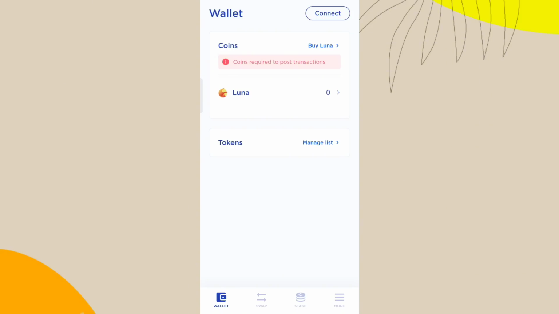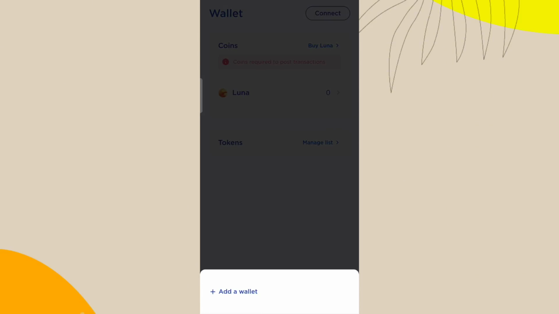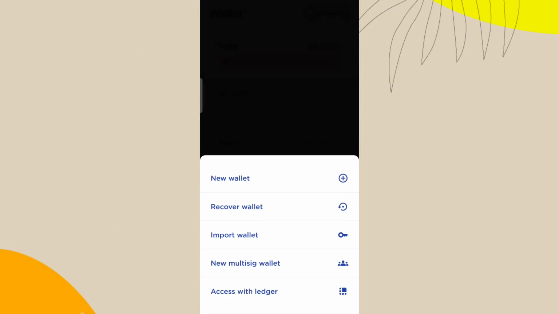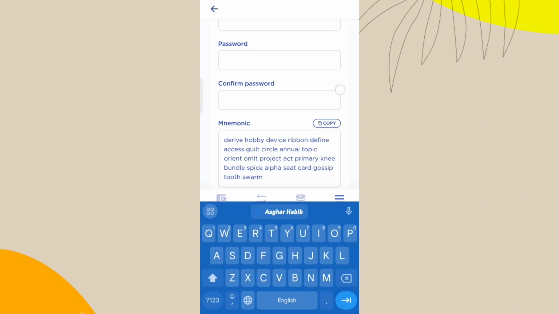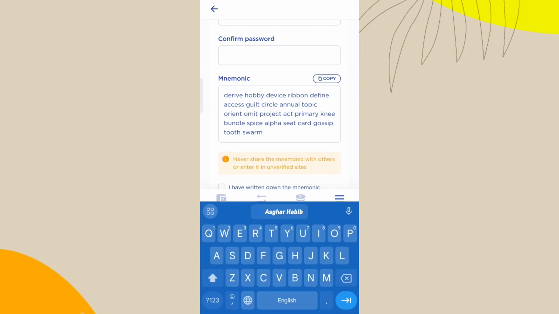Now here we need to click on connect and add a wallet. You can choose to create a new wallet, and then you need to enter a wallet name, password, and confirm password. Here you can also see your mnemonic, and you need to keep it hidden and not reveal it to anyone.